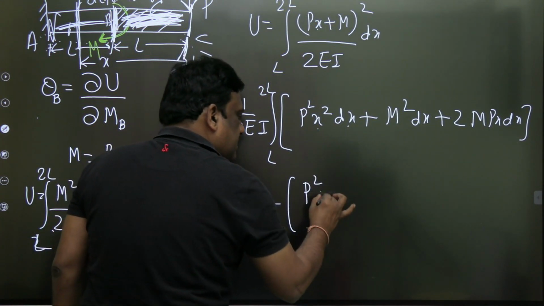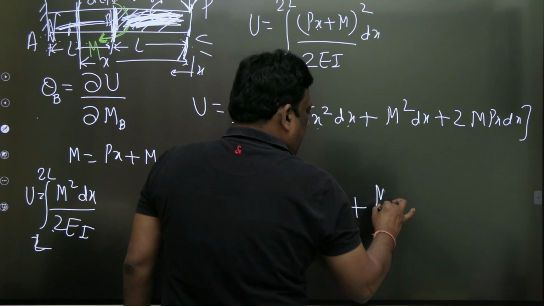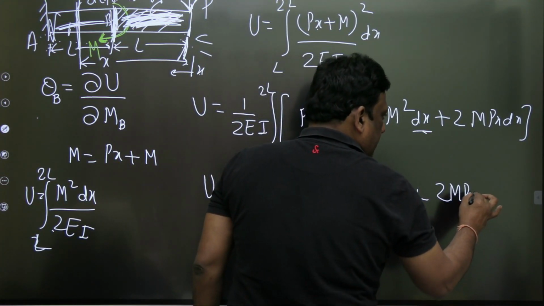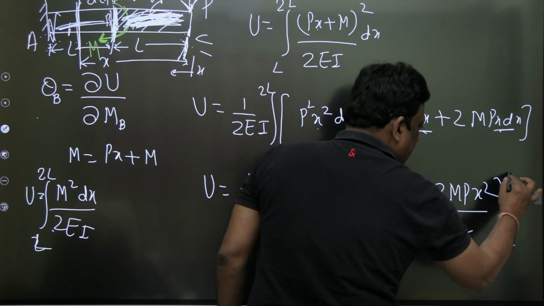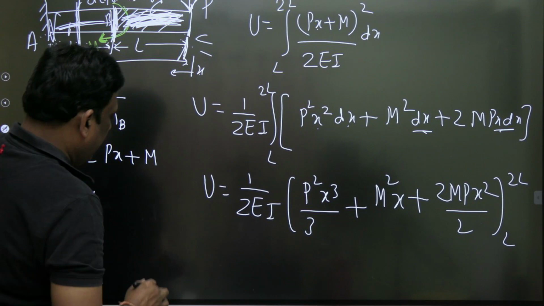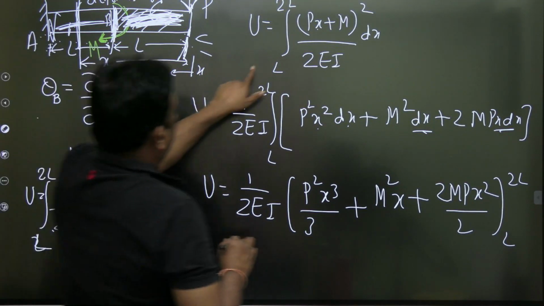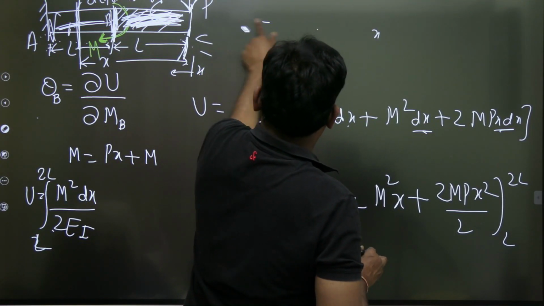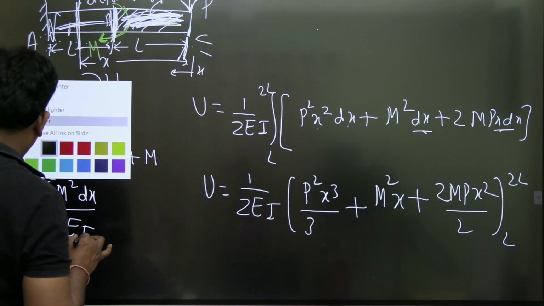Now the total strain energy is 1 by 2EI and P square. What is x square dx? It is x cube by 3. What is this? M square integral dx is x, plus 2MP, what is x dx? x square by 2. And the limits are L to 2L. So what I do is I'll erase this here, why go to the other slide. Now directly I'll calculate here. So now the total strain energy is given by